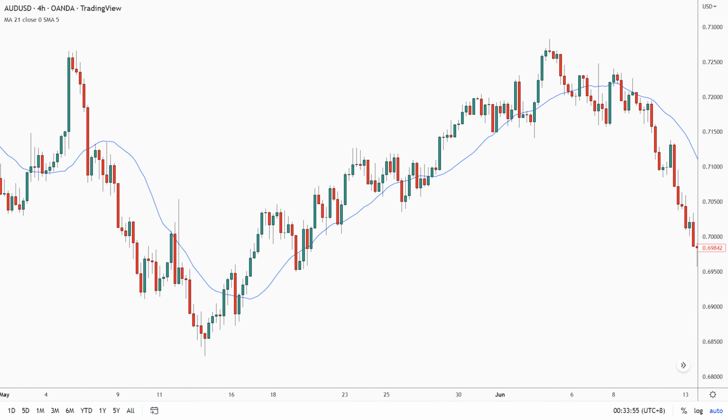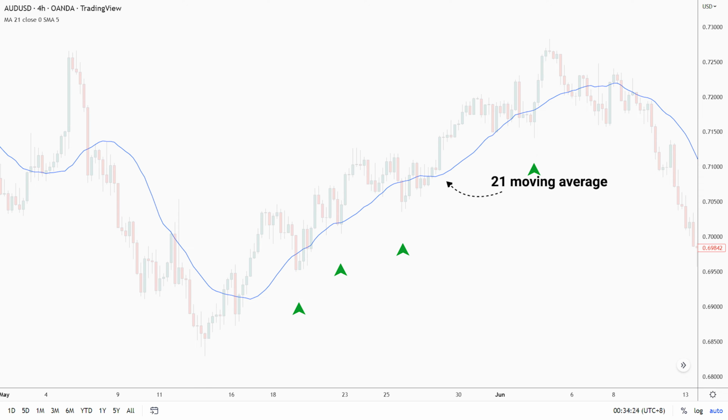Next up, let's look at how the 21 moving average acts as a dynamic support. Here, on Kiwi dollar 4-hour time frame. After price made an up move, it pulled back to the 21 moving average and was rejected by it. Another push, pullback and rejection. Again, push, pullback, rejection. One last time, push, pullback, and rejection. This scenario continued until price pierced through the 21 moving average. Vice versa, from the previous chart, we can see that the 21 moving average acted as a dynamic support for